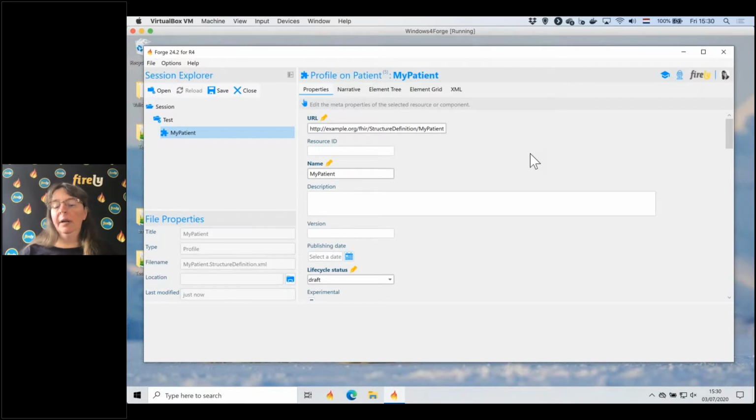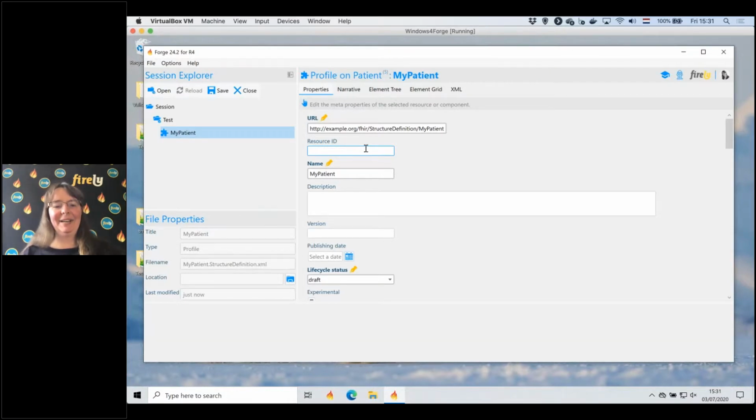Yes. Well, it should work. It should at least not break the tooling, but that resource ID, I don't know why they want it on there. It's not a mandatory field in the FHIR specification. It is only mandatory when it makes sense to be able to retrieve them from somewhere. So yeah,